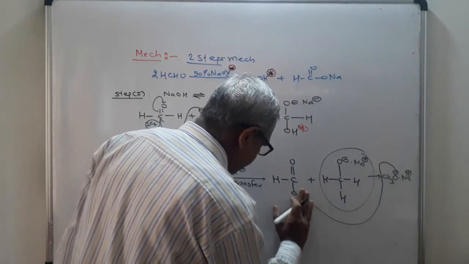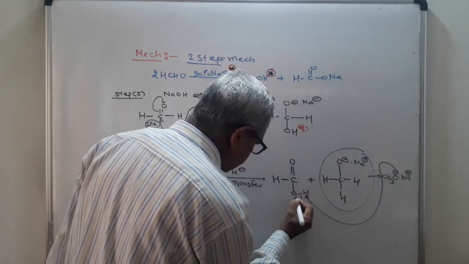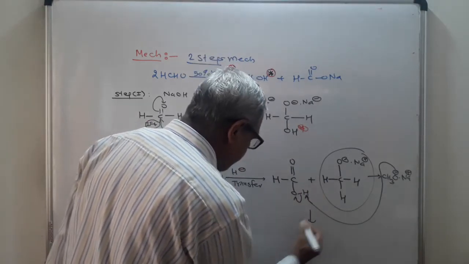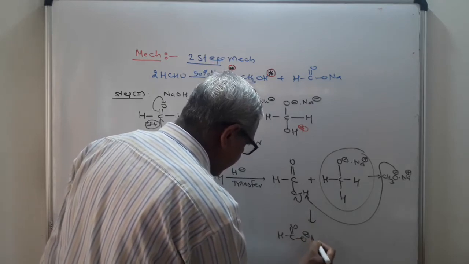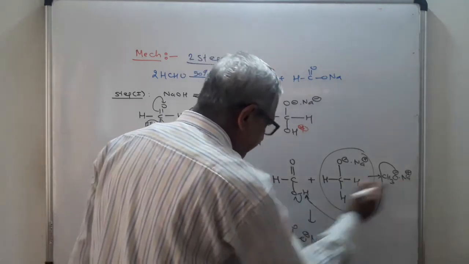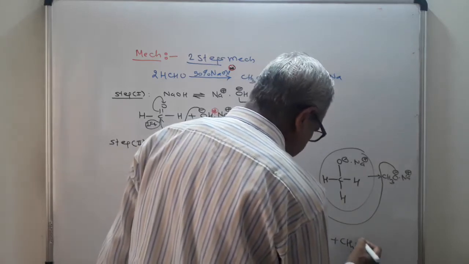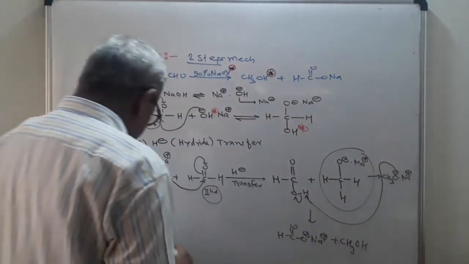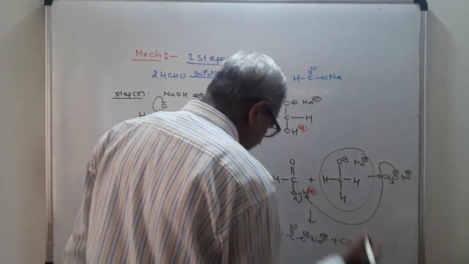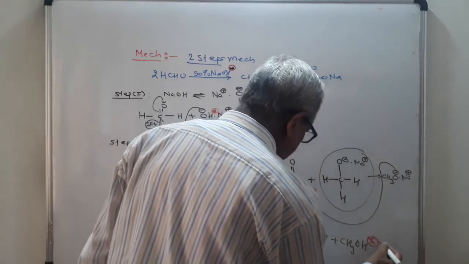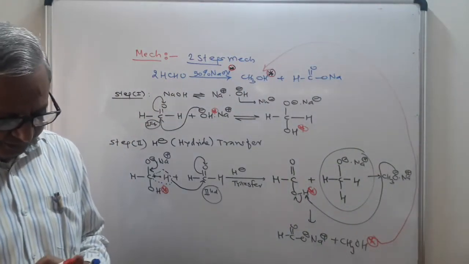and I will write here in detail. This is the OH bond. It will abstract this one. This will be here. Then you will get the product HC double bond O minus Na plus. This Na plus will be immediately combined with negatively charged oxygen, and you will get the product CH3OH. Now see here, this is star hydrogen, again this is the star hydrogen, again this is the star hydrogen, and see here it is proved here. So this is the mechanism here.